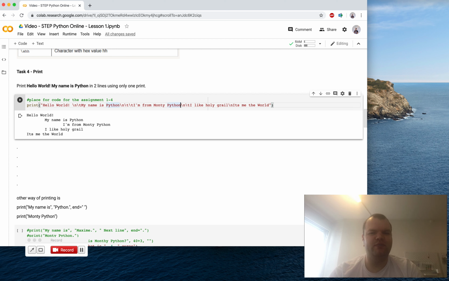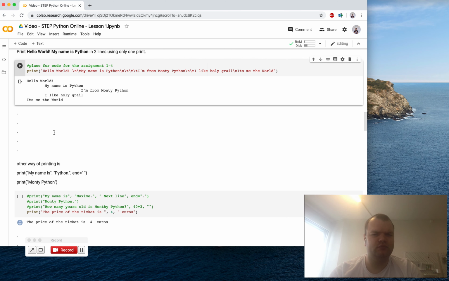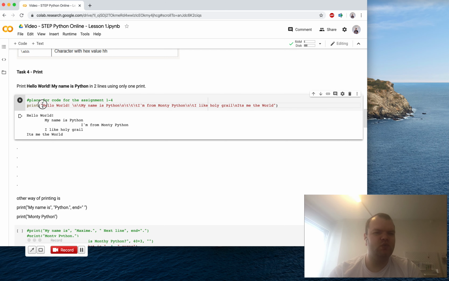So the combination of \n and \t are important. So if you will add another \t, here you will see that the line is going next. This is widely used when you want to put, for the first line,